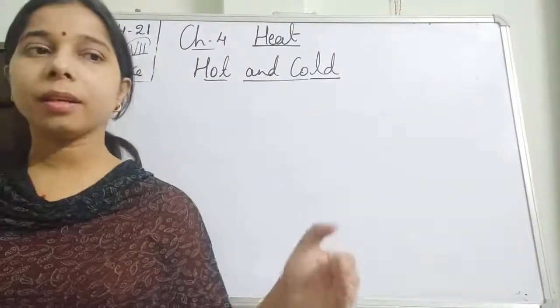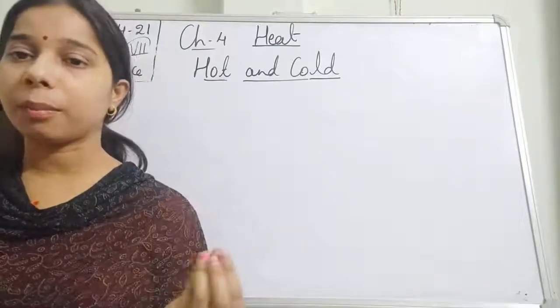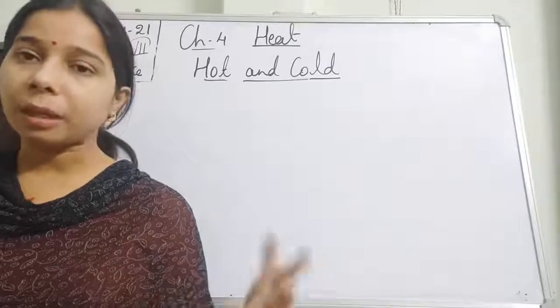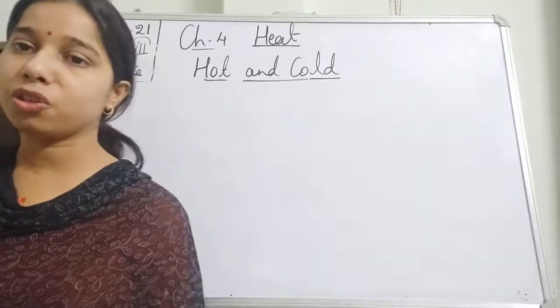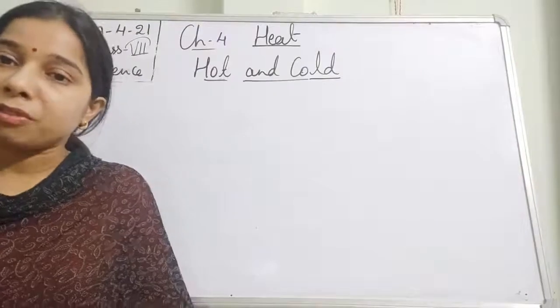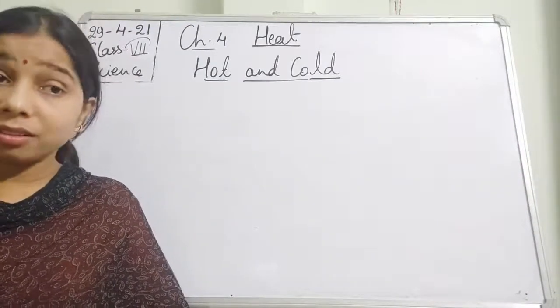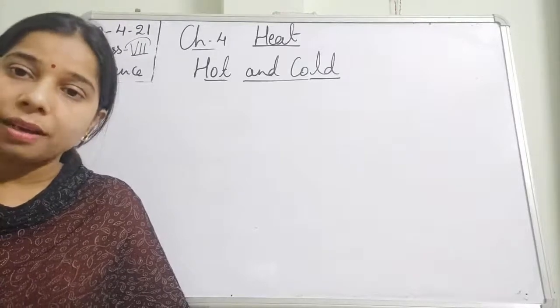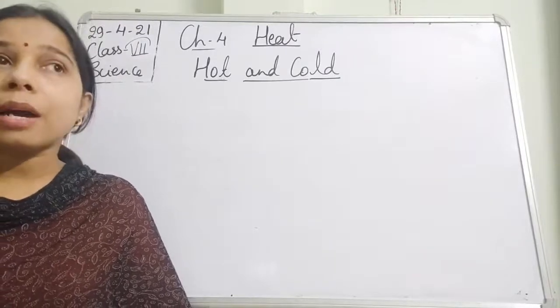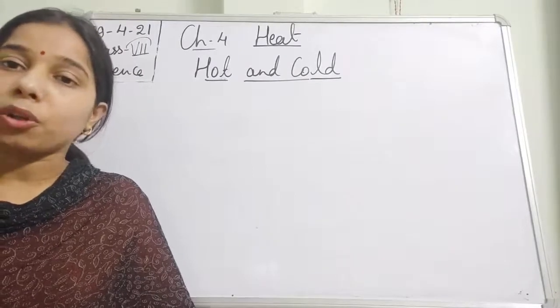If you have something frying in a pan, when you touch it, it's quite hot. When you keep something inside the refrigerator and take it outside, you will find it is cool. So how can you decide whether the object is hot or cold? By touching it. It is our touch we use to decide whether an object is hot or cool.